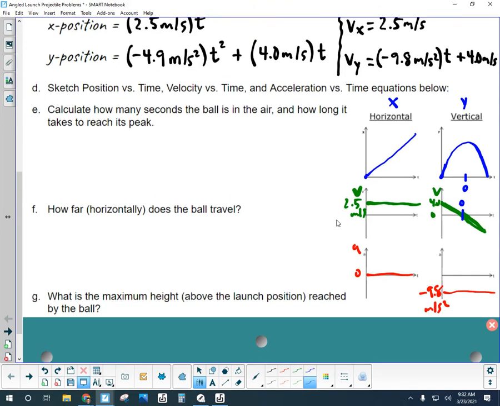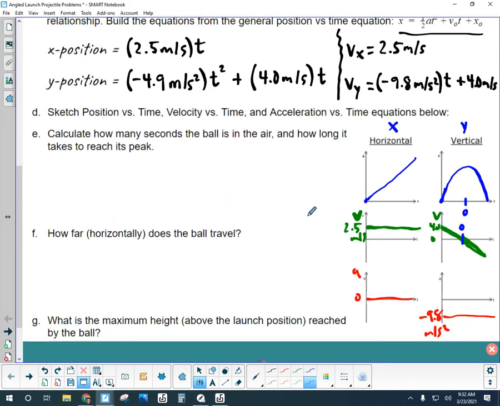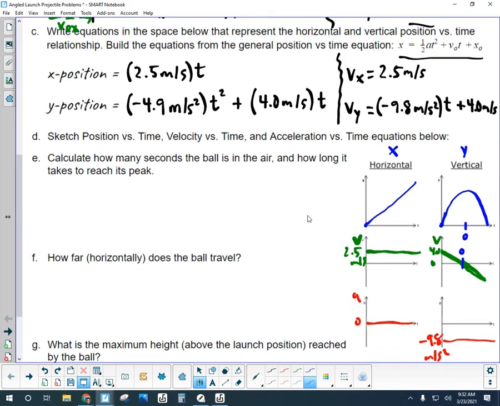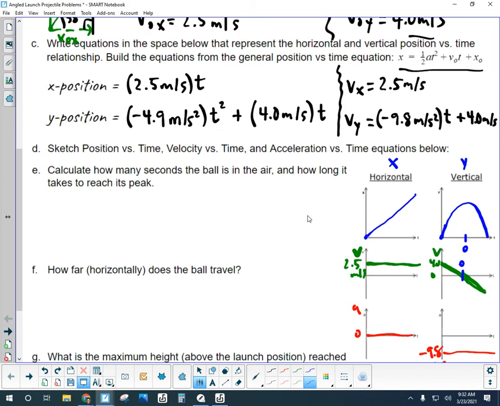All right, so we want to know how long the ball is in the air and how long it takes to reach its peak. There are a couple of ways to go with that. Let's do time to peak first. So I want to know time to peak would be whatever this time is. I put 0, but that's when velocity is 0. I want to know how much time it takes to get to that peak point, or how long it takes to go from 4 meters per second to 0. So for peak time,